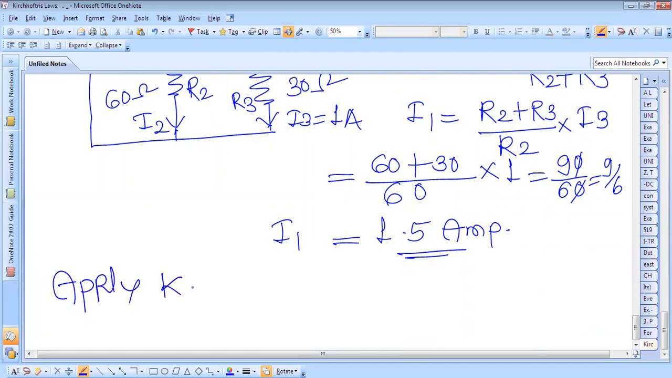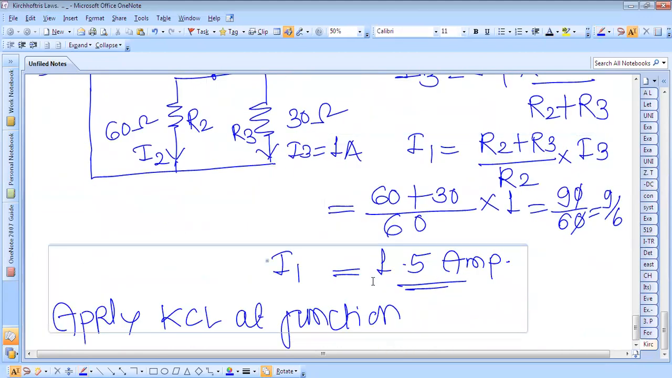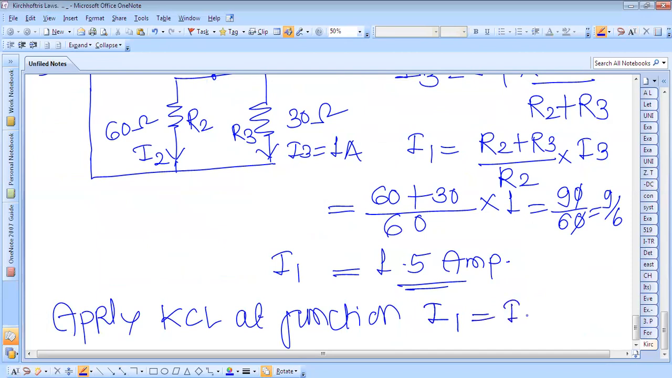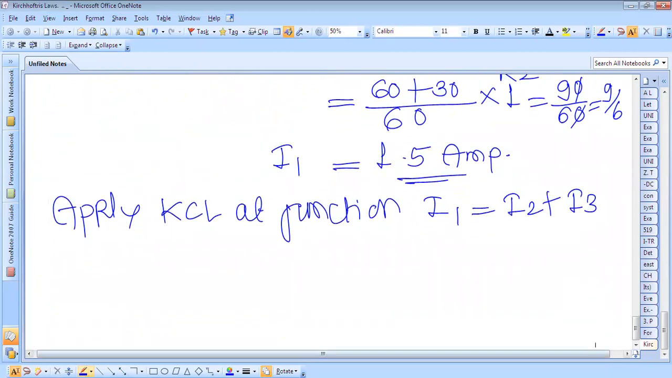So apply KCL at this junction. The coming current is I1, and this is I2 and I3. This is the going current. Here I1 is 1.5 ampere. We have to calculate I2. I3 is given, it is 1 ampere. So I2 is equal to